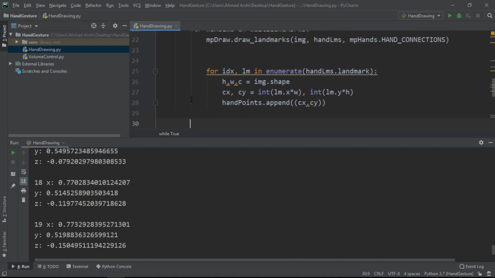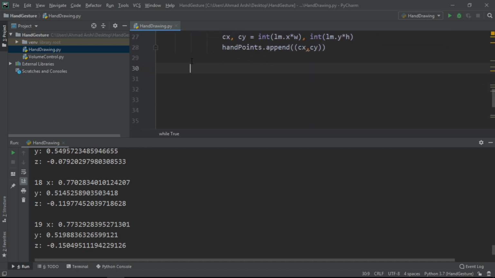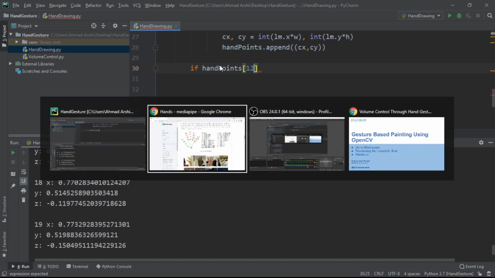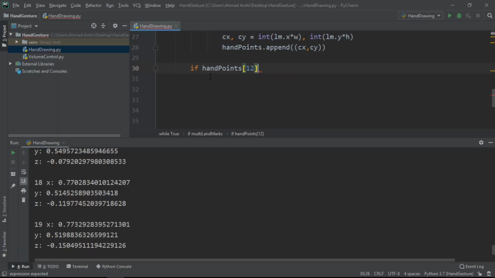Take it one indentation back, because we want to do it after the complete processing of the hands. So we will go for if hand points, and if I'm referring to hand point 12, I'm referring to this point. Now I'm checking hand points 1, and here you can see that 0 is for the x coordinate and 1 is for the y coordinate.